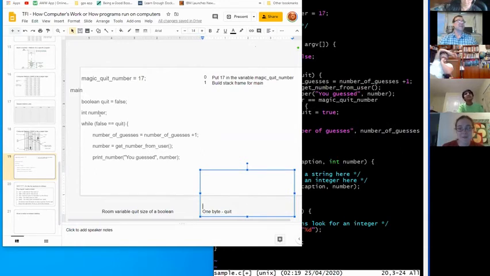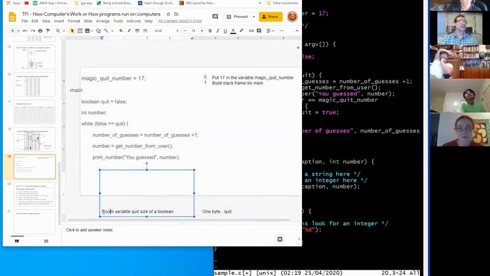So it has 1 byte saved for quit. The next thing we see is, oh, and then it's going to have an instruction. Let's move it. The next instruction is going to be put false in